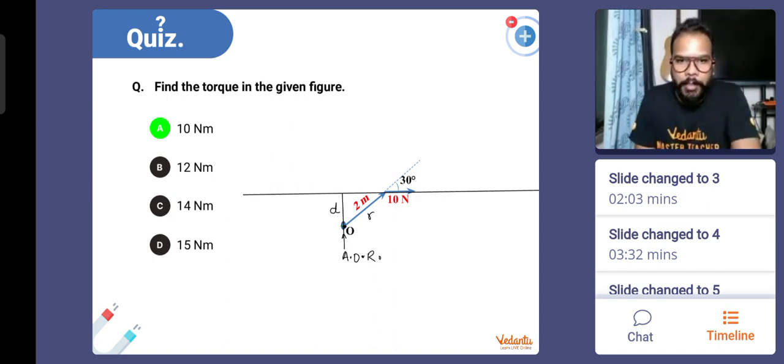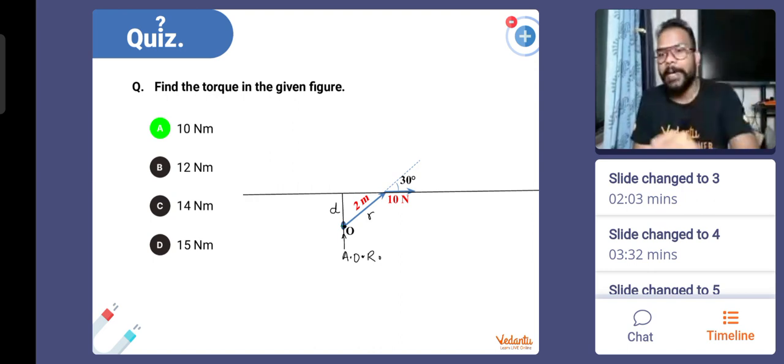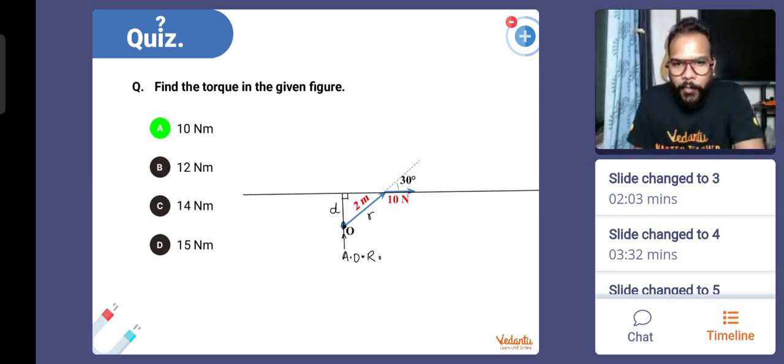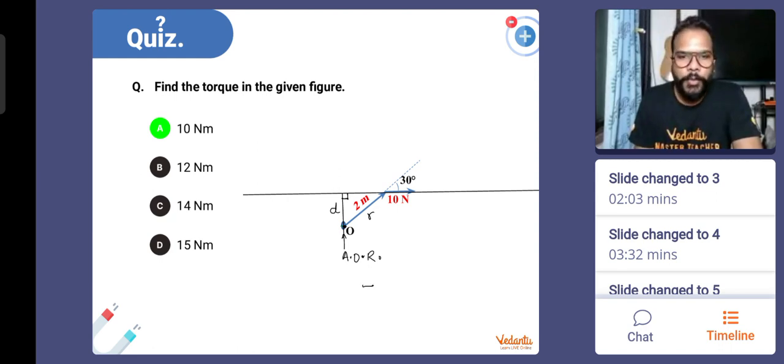ये हर बार तुम्हें पता ही होगा, क्वेश्चन में दिया होगा। ठीक है, या अगर ये नहीं दिया होगा तो क्वेश्चन में डायरेक्टली डी दिखेगा, तुम्हें पहचानना होगा। या तो क्वेश्चन में आर दिया होगा, तुम्हें डी खुद निकालना पड़ेगा, या डी दिखेगा तो तुम्हें पहचानना होगा कि वो डी दिया है। कैसे समझ में आता है? जो फोर्स की लाइन है ना, वो उस लेंथ से हमेशा परपेंडिकुलर दिखेगी। ठीक है, तो बस तुम्हें फोर्स को डी से मल्टीप्लाई करना है, तुम्हारा टॉर्क आ जाएगा।